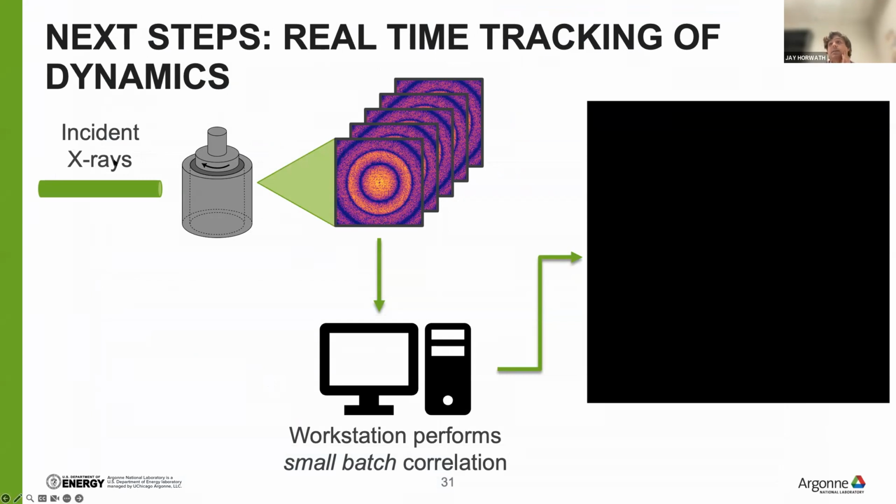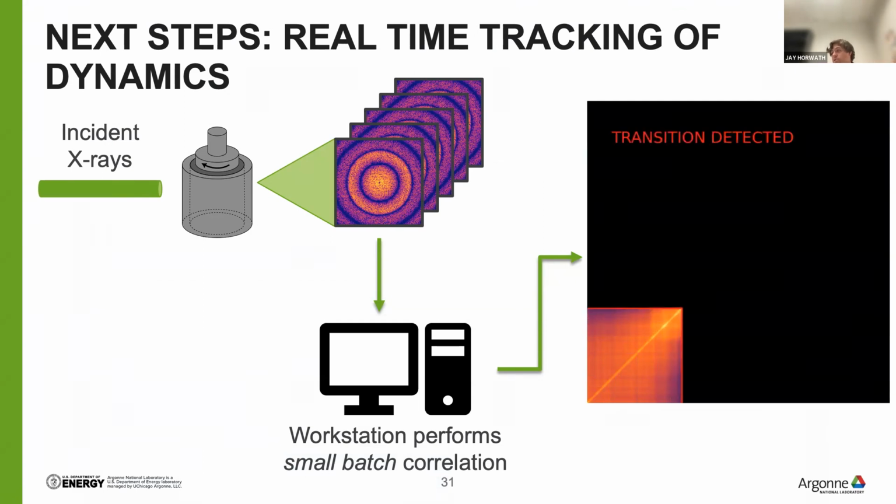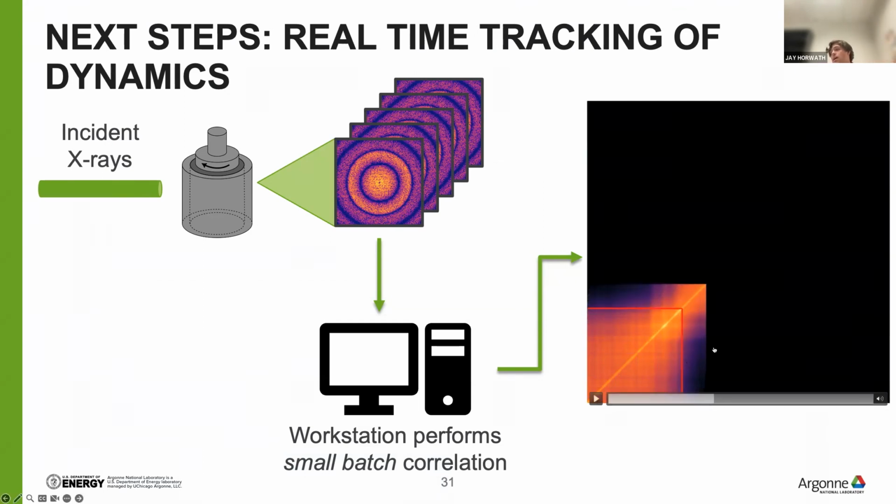So the idea is we have these experiments, we have a continuous stream of scattering data coming. We can send this to a workstation to perform XPCS on small and continuous batches and build up a dynamic two-time that looks something like this, where we're tracking data coming in. Hopefully we can capture changes, which is what I'm showing here. And then the idea is that if we have a good understanding of what dynamics look like, then hopefully we can build a good understanding of what transitions between different types of dynamics look like,